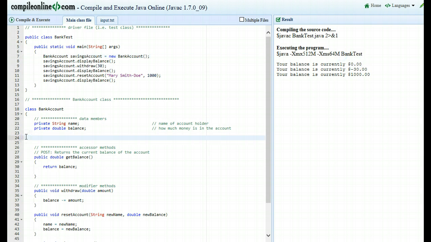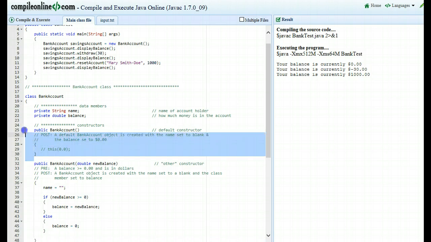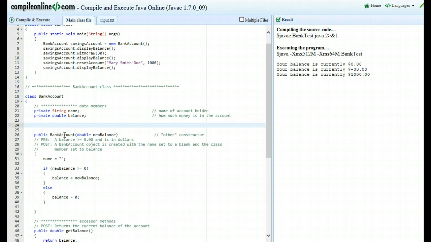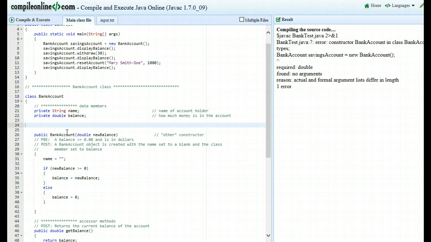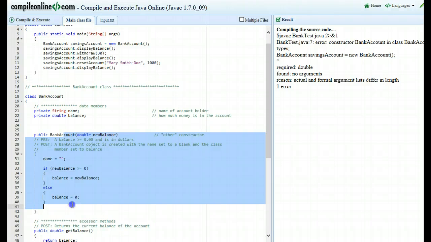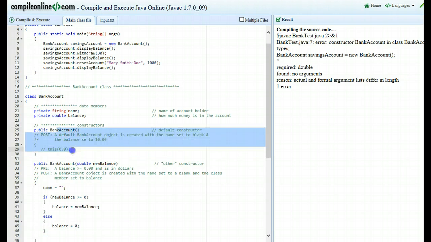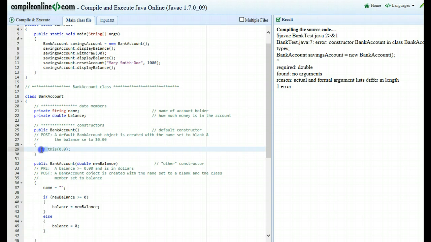If you provide another constructor but no default constructor, as I think I explained a minute ago, this will fail, because the default constructor is not supplied for free if one or more other constructors are typed out. I think C++ still provides a default constructor in this case, but Java doesn't. So again, in summary, it's always good to have one default constructor and one or more other constructors